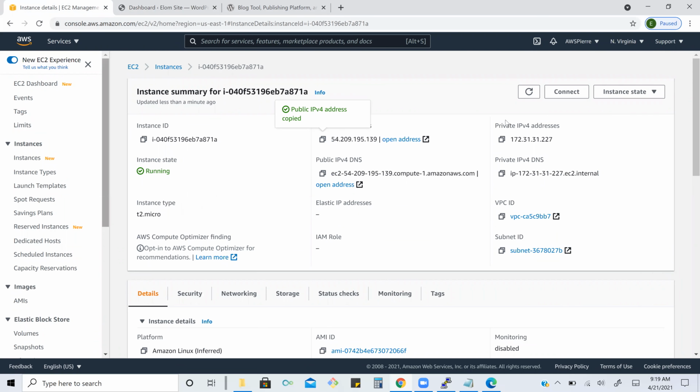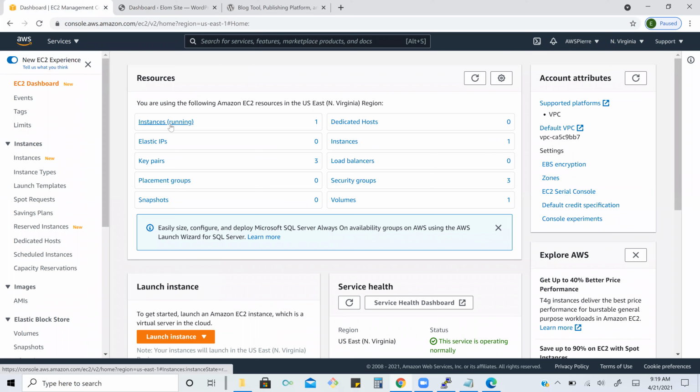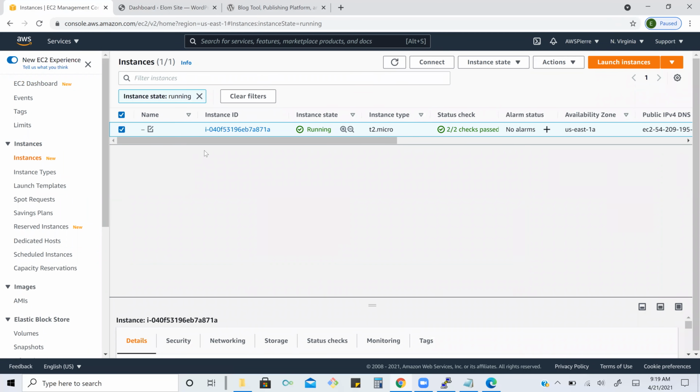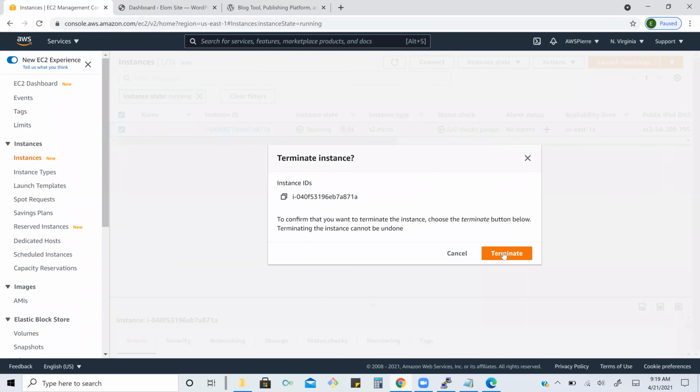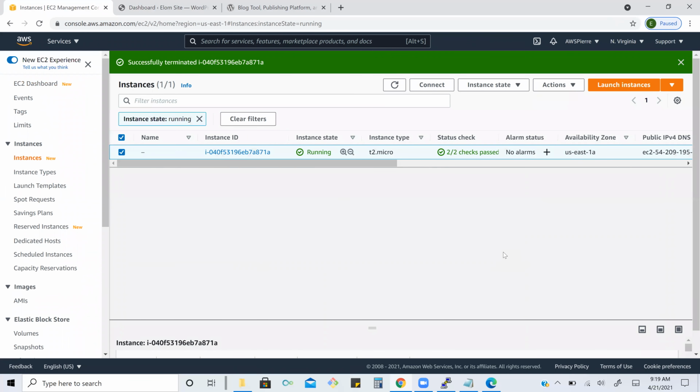Go back to AWS, then to EC2, go to the instance state, and terminate. Perfect. Now go back to RDS and terminate.